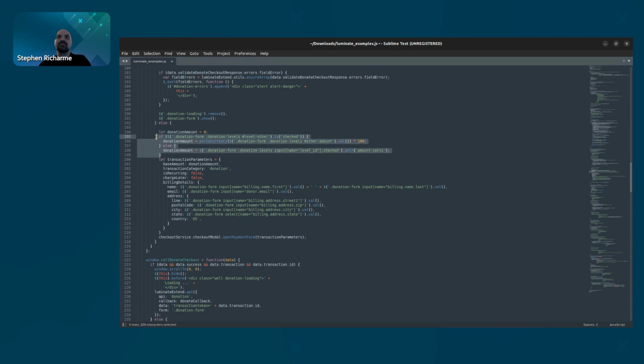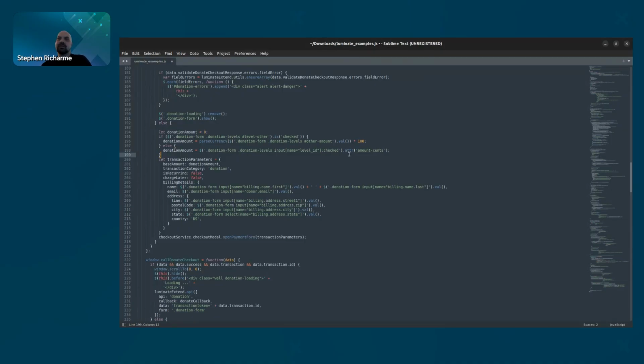So you see I've got a little bit of code here that checks to see, do we have the other amount option selected on the donation form? If so, get the amount for that object, parse it as a currency, set that as the value. If we don't have the user entered amount, then we just use the amount that's been provided for the donation level. And again, that's where that attribute that I mentioned earlier comes into effect. Makes it very easy to specify the donation levels and their amounts in the HTML of the form